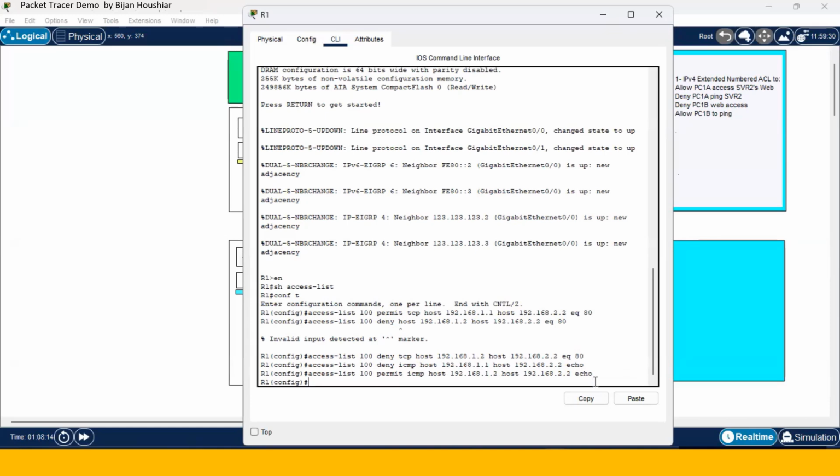If I don't add any other command or statement to this access control list, every traffic will be denied because there is an implicit deny any at the end of each and every access control list. So I need to add a permit command to allow other types of communications. That command is access-list 100 permit